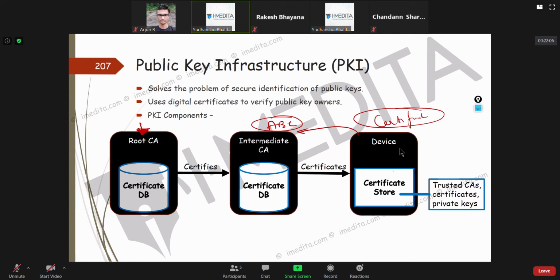I buy the certificate and utilize it on my device. Now, whenever I present the certificate to anybody, like someone opening my website, the device gets the certificate here.